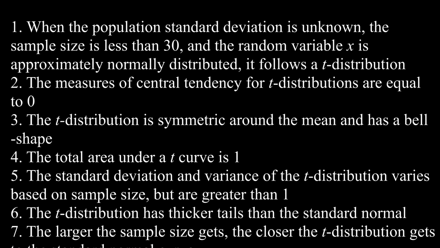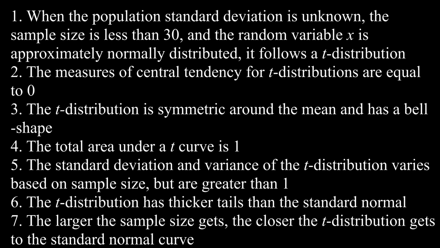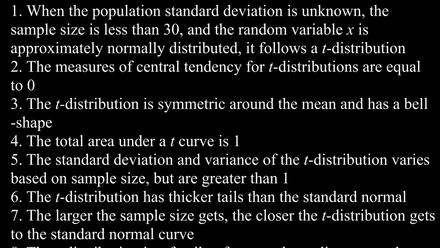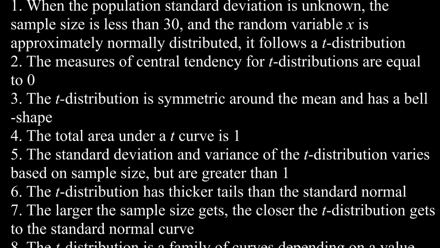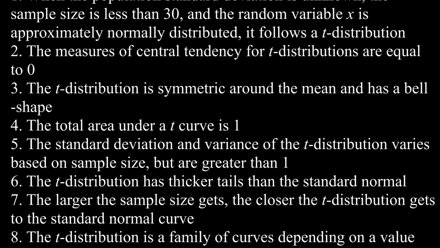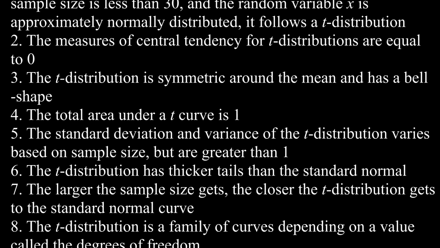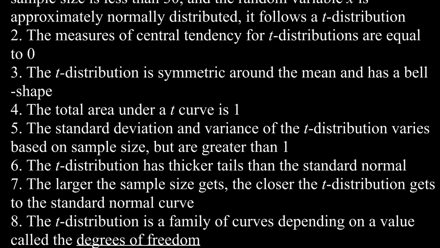And as we can see from there, we may think that this is very similar to the standard normal distribution, and it is. It has a lot of commonalities. But there are also some very important differences where, for one, the standard deviation and variance of the t-distribution are not consistent values. They vary based on sample size and are greater than 1, which is to say that we don't always have a consistent number, but it's always more variable than what we get with the standard normal distribution,